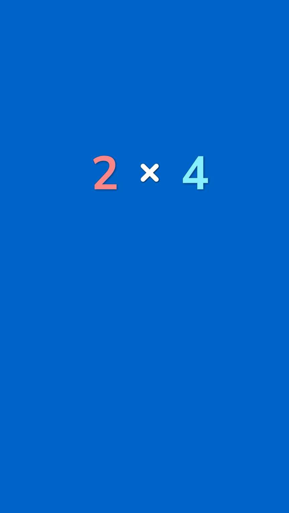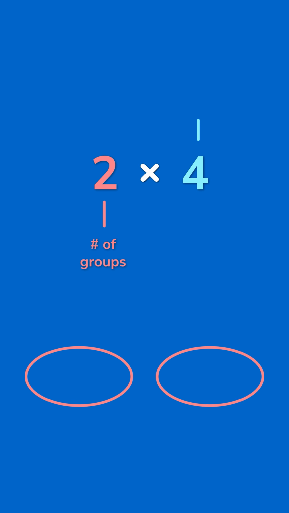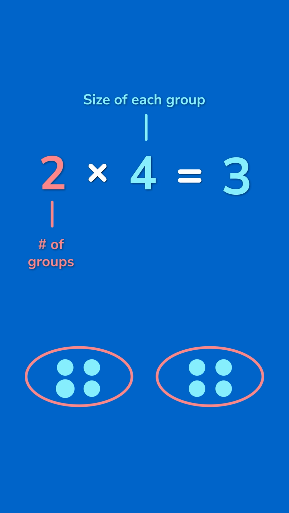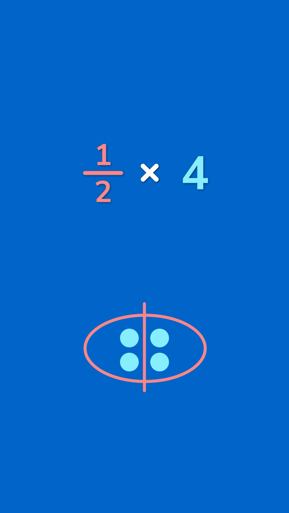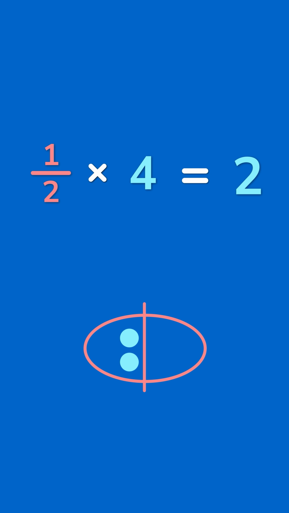For example, when we think of 2 times 4, we can visualize making two groups where each group has a size of 4, and then find the total. Then, applying the same logic, 1/2 times 4 can be thought of as taking half of a group where the group size is 4. By teaching the concept through this progression, where we move from multiplying two whole numbers to